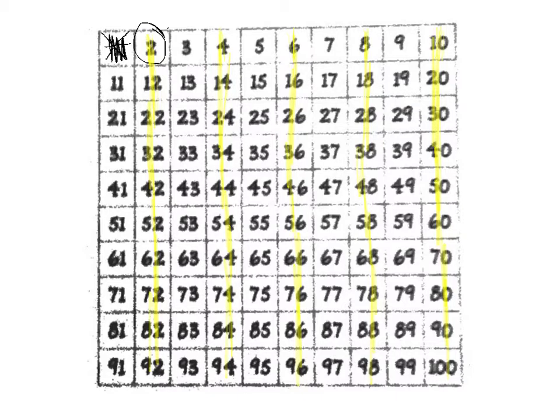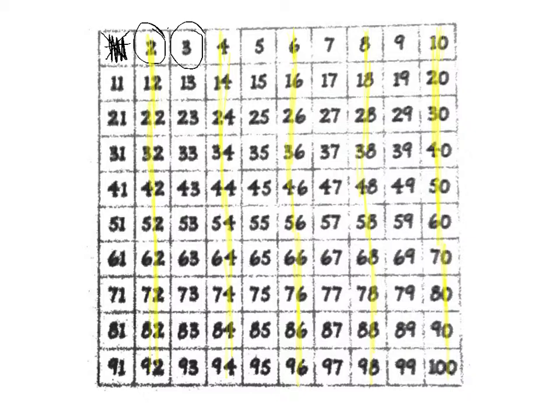So you can see that I have highlighted all the multiples of 2 with that yellow highlighter, or pencil crayon, or anything yellow you might happen to have. What I am going to do right now is identify my next prime number. So I'm going to move over 1 in the hundreds chart and identify 3 as prime. And I know 3 is prime again because it only has 2 factors, 1 and itself,